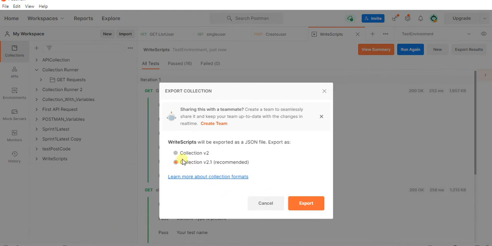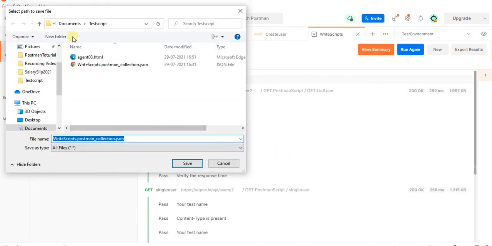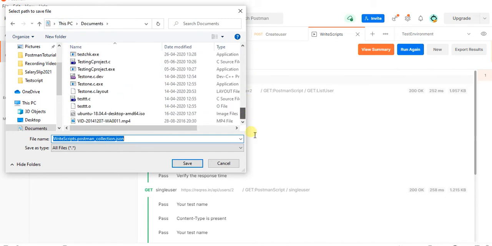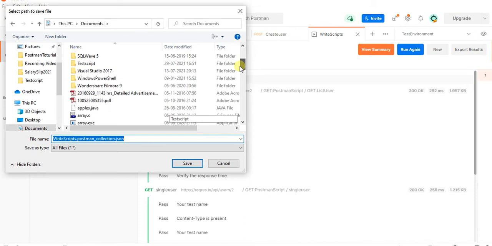Once I export the collection, by default it will ask for collection v2.1 recommended, so just export it. I'll go to documents. I already created a test folder here.